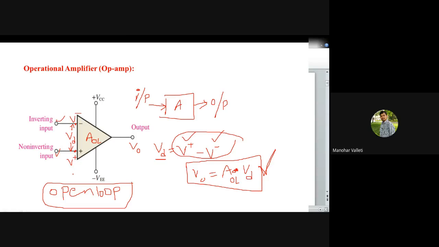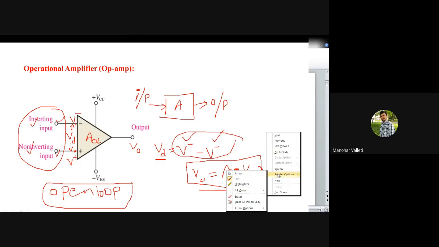So you understood why we are taking two inputs, only to nullify the input noise. If noise is coming from here, or if noise is coming from here, as you are applying the difference between the two inputs, the noise coming from the input is effectively eliminated. Only whatever input you are applying appears as input to the amplifier, and that input only is amplified, and noise is completely rejected. So the operational amplifier amplifies the difference of the inputs. You can see this in the equation.